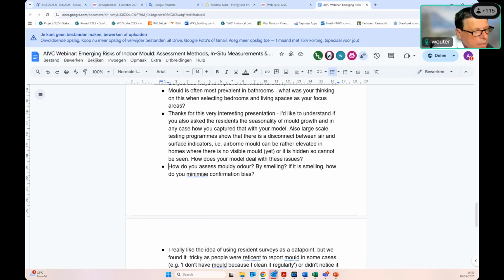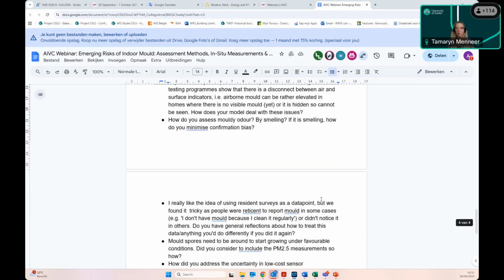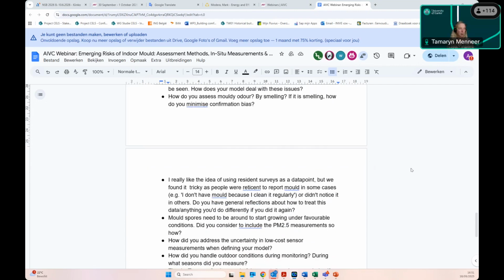Okay, thank you. How do you assess moldy odor by smelling? And if it's smelling, how do you minimize confirmation bias? So this question was developed by one of my co-authors, Richard Sharp, who had used it previously in surveys relating